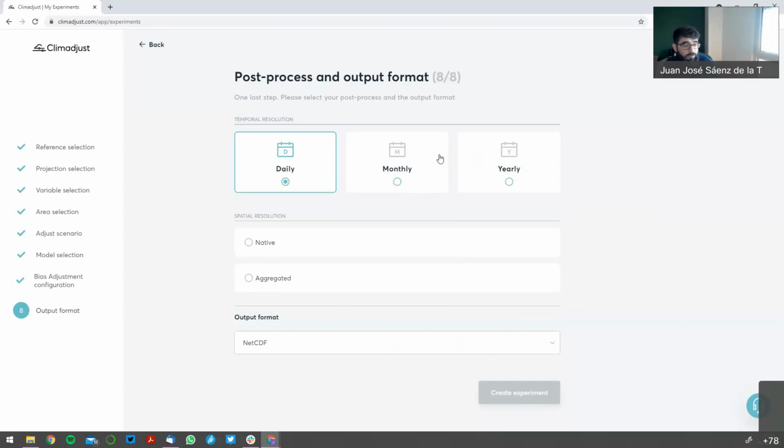Daily is usually fastest because it's the native way in which Climadjust works. So that means that if you select the temporal resolution in daily, the system does not have to do any aggregation. You also have the option to have the spatial resolution aggregated to use the original resolution in the reference